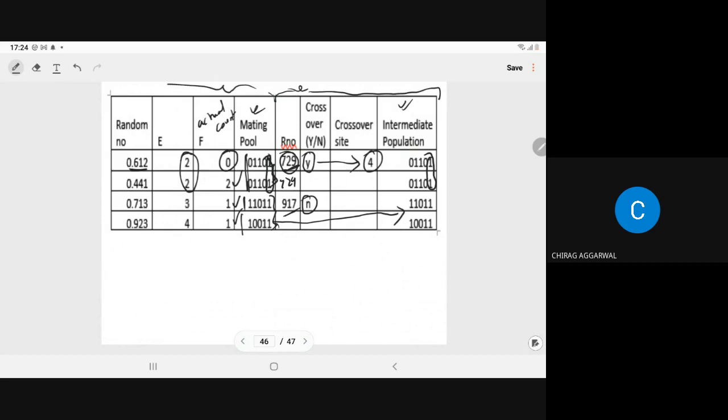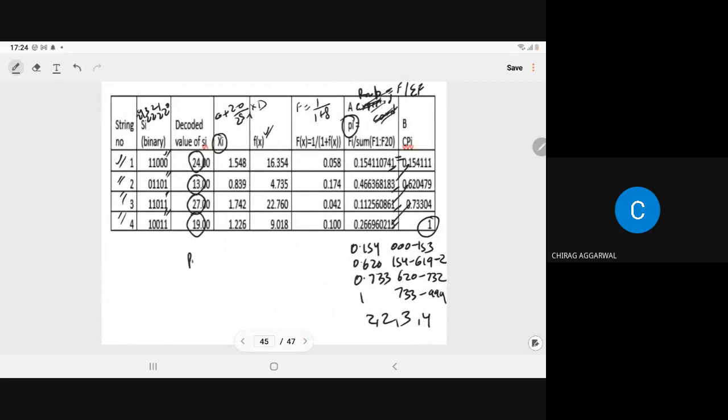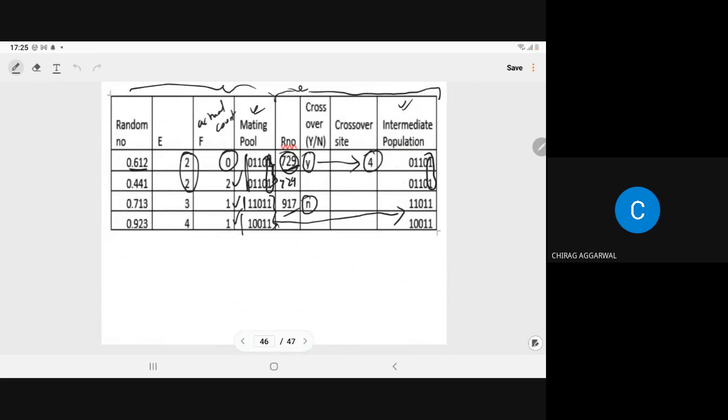Before this, we have done the reproduction. Then after, it is given to you: the mutation probability is 0.05, so pm is given to you as 0.05. So 00 to 04 means mutation yes, and 05 to 99 means mutation no. So clear this part. Now we have to check whether we have to do the mutation